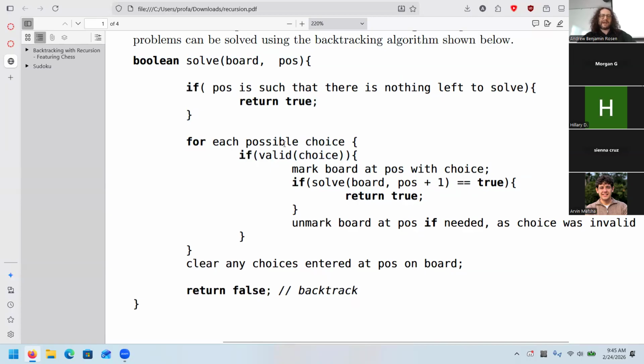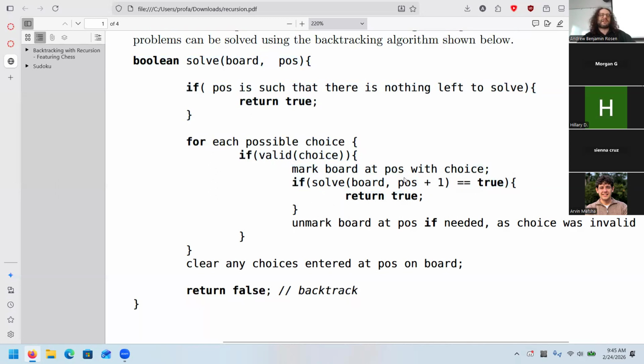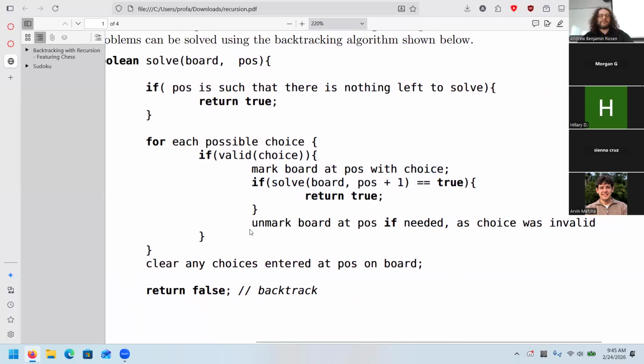Basically, what we're saying is, I'm lazy. I'm just going to solve what I can at my personal square, and then I'm going to do a magic method call that solves the rest of the puzzle, continuing on from here. That just happens to be the method that I'm currently running. If, however, you get false back, then we don't return true. That was bad. That's a dead end. This is a non-viable condition. So we will remove any marking we made and continue going through all of our remaining choices.